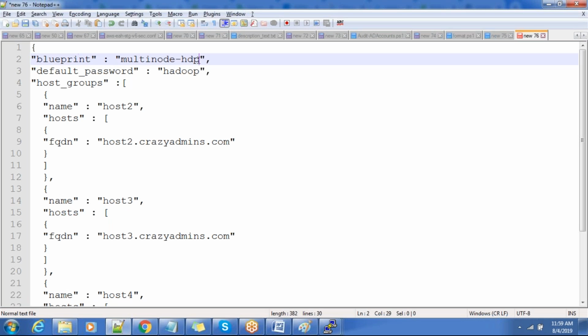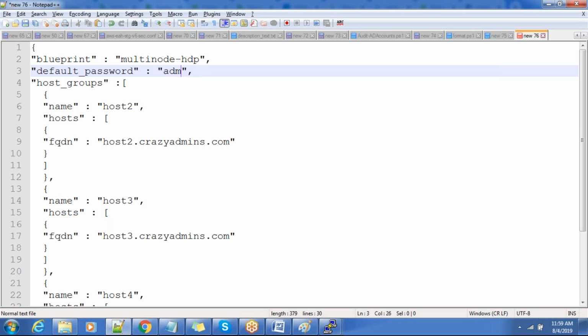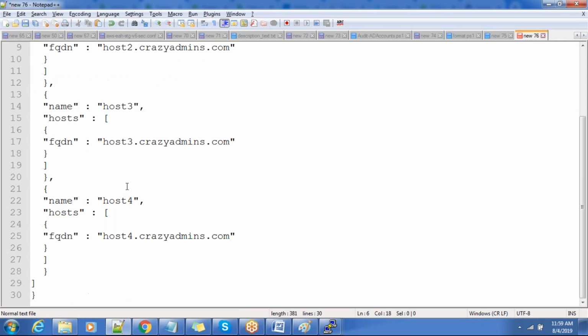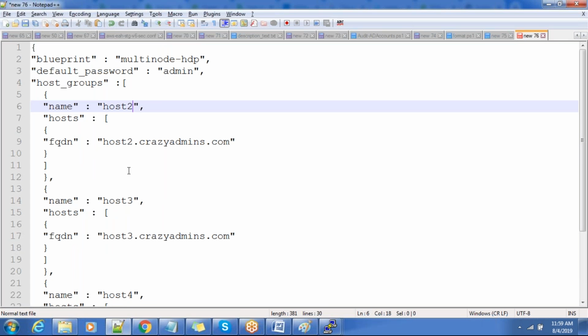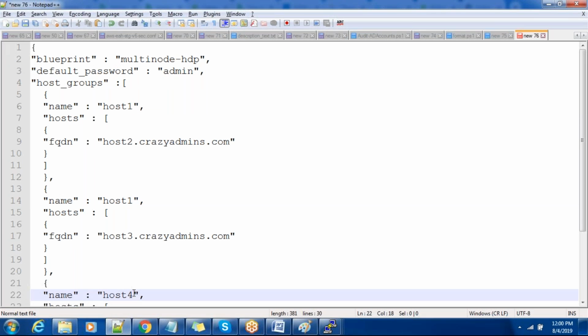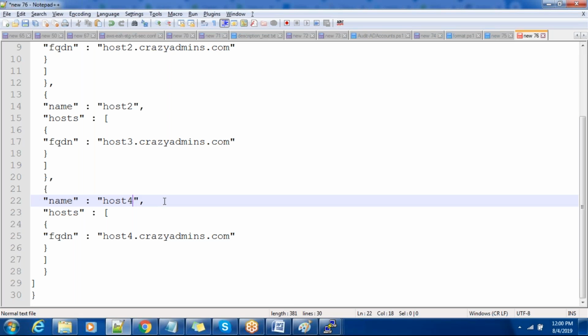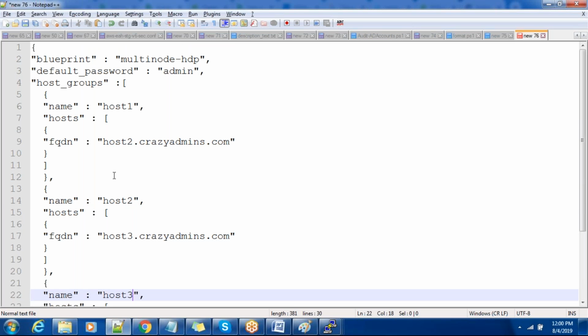And blueprint name multi-node HTTP. This is fine for us. And the default password is admin only, not password. Okay, we are not going to change the password. And all the host and host group and host. Okay, so I think here 3 or 4 different host groups have been created. Let me just write it as host group 1, 2, 3 and all. This is 2, and I just need the 3 host groups, and here my host name is